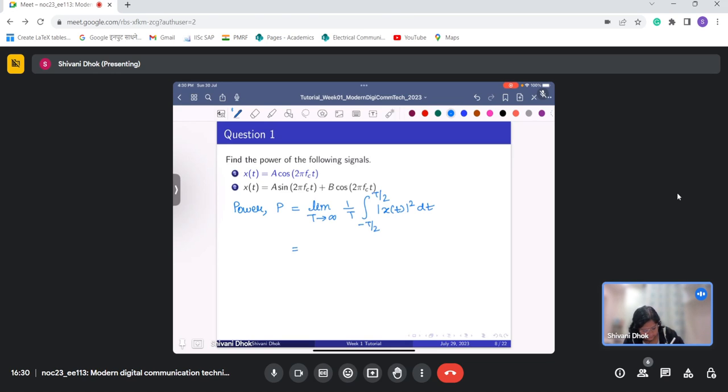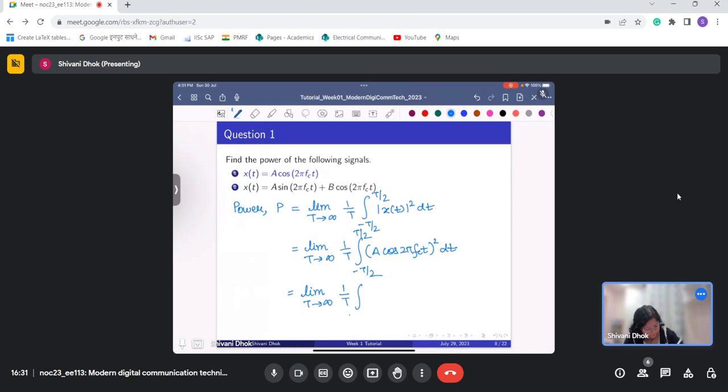So this I can write as limit T tending to infinity 1 by T integral minus T by 2 to T by 2 of (A cos 2 pi fc t) squared dt,